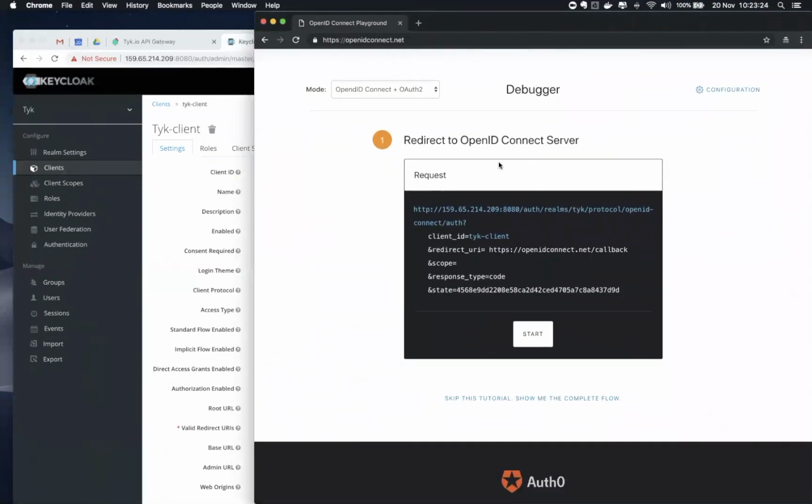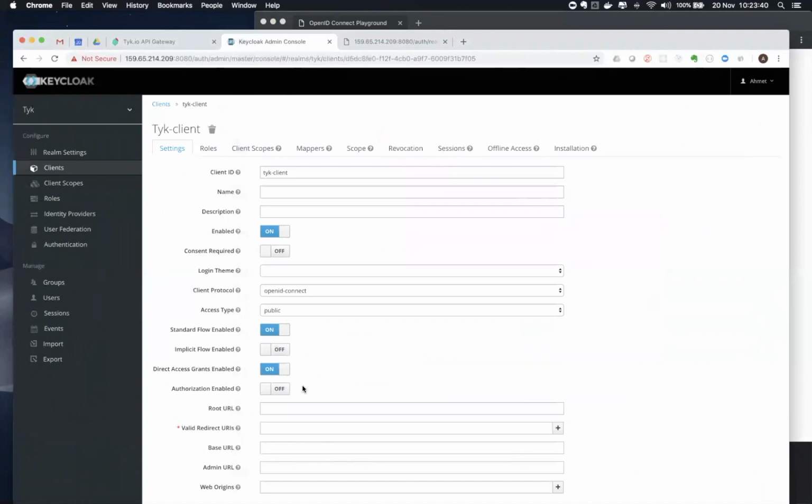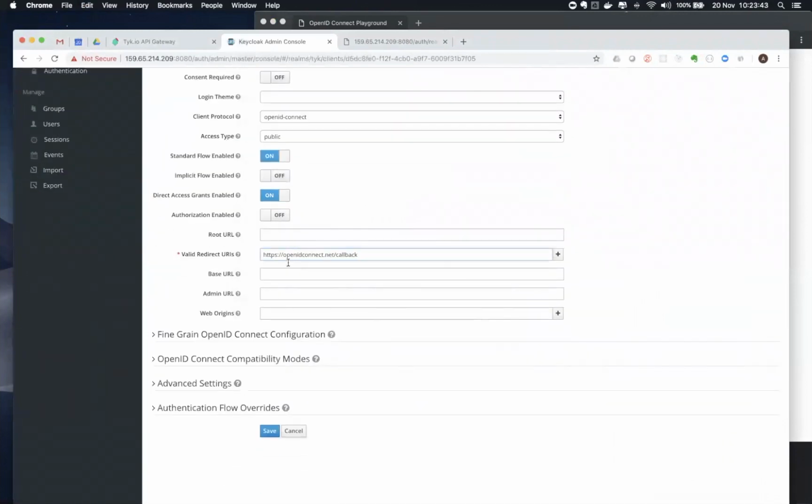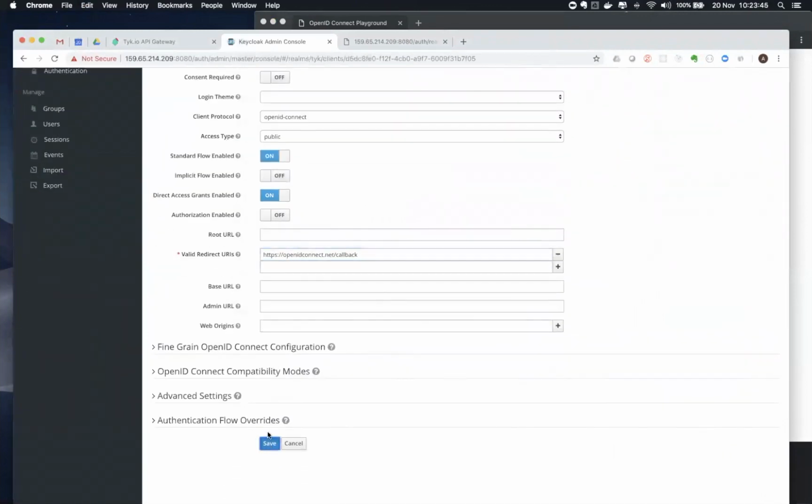So the idea is that this will redirect to the OpenID Connect server, which is Keycloak, and we can see that the request shows a redirect URI here of openidconnect.net/callback. If I paste that into the valid redirect URIs and save that,